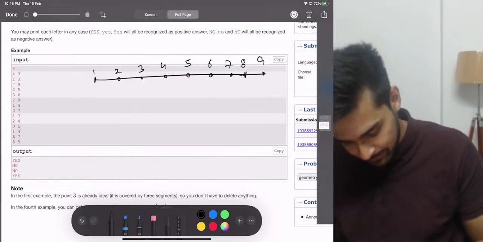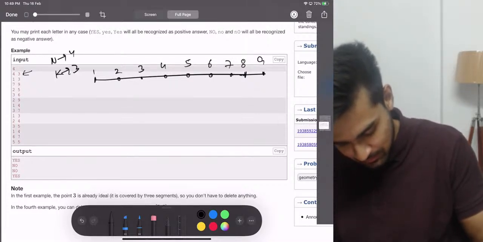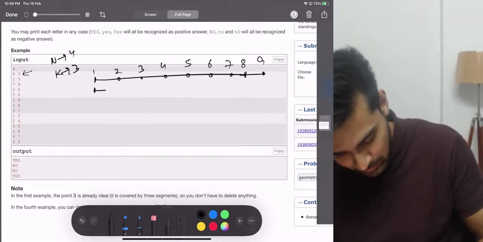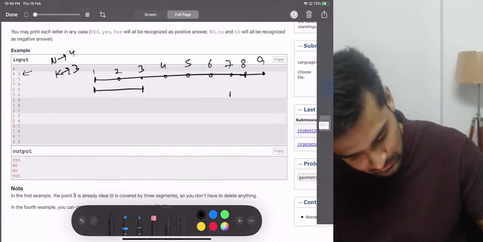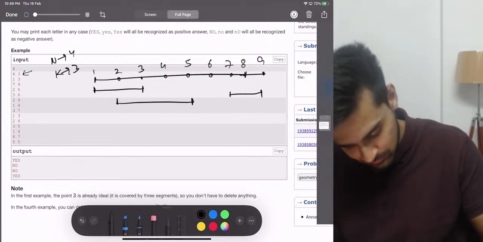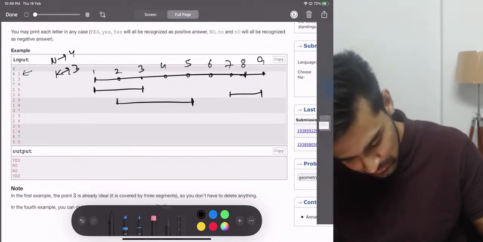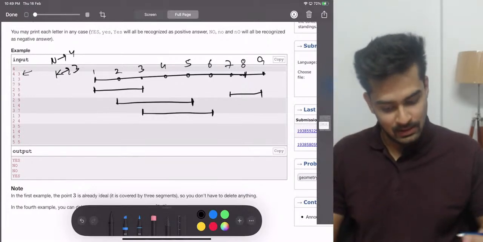Okay. So here n is 4, k is 3. We have a segment from 1 to 3, then a segment from 7 to 9, a segment from 2 to 5, and then a segment from 3 to 6. Okay. Now if you see,